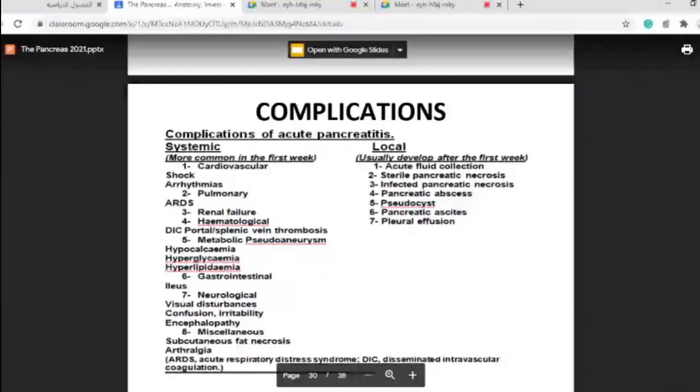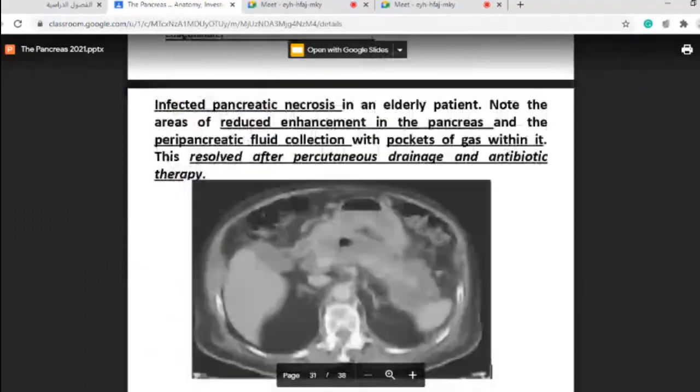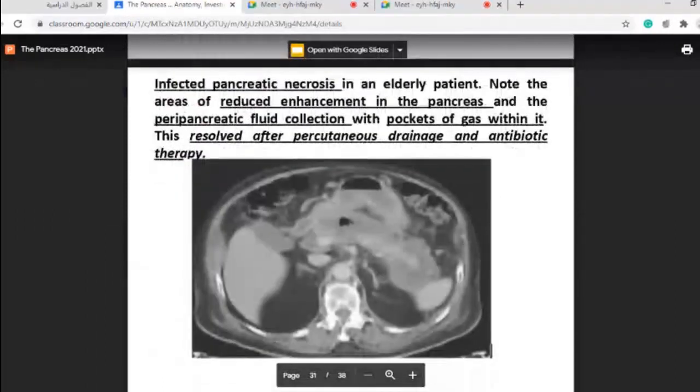It may be fatal in severe conditions, and a lot of patients really died in the ICU. This CT scan shows infected pancreatic necrosis. It is very clear there are areas of reduced enhancement in the pancreas with peripancreatic fluid collection and pockets of gas within it. This condition resolved after percutaneous drainage and antibiotic therapy, either under ultrasound or under CT